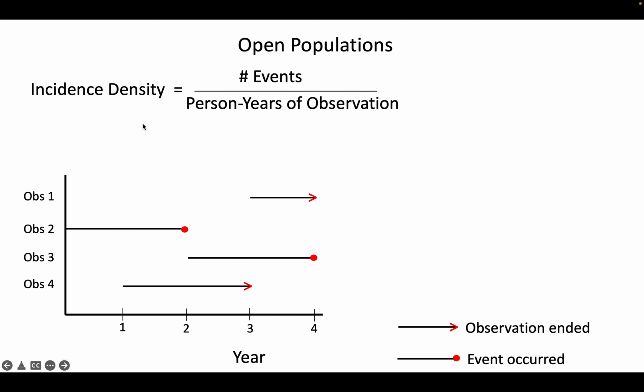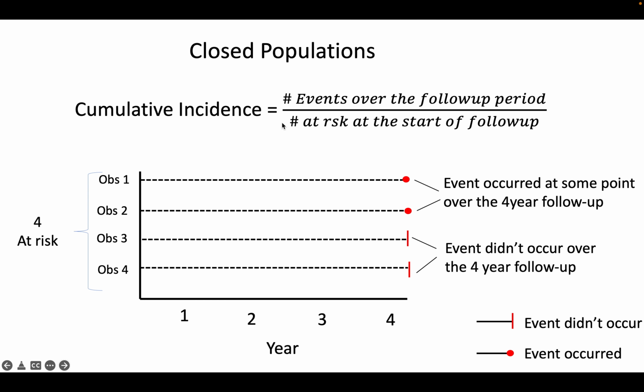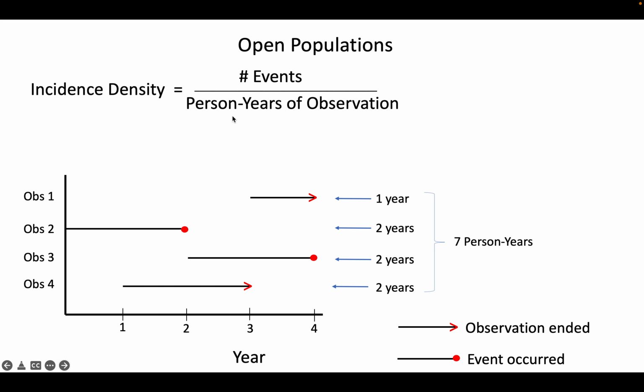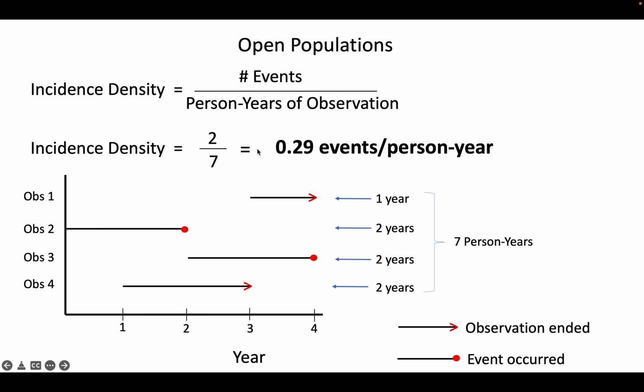So this allows us to calculate incidence density, where before, if you recall, for cumulative incidence, the denominator was number of people at risk. Well, now it's person years of observation at risk. So it still has people, but now it's people and time, basically. So what I mean by that is you would count up the amount of time contributed by each person. Like this person was followed for 1 year, this person for 2, and same with this person, and you add that up, and basically you can find the incidence density, which is 2 events over 7 person